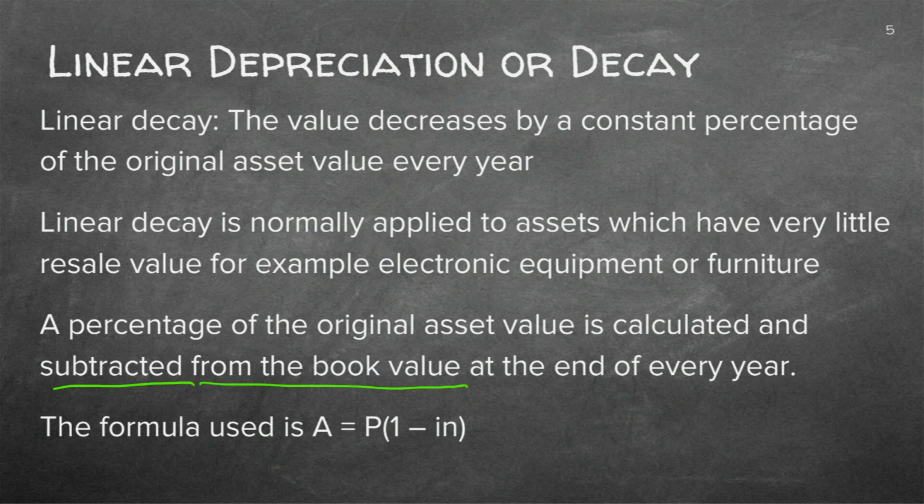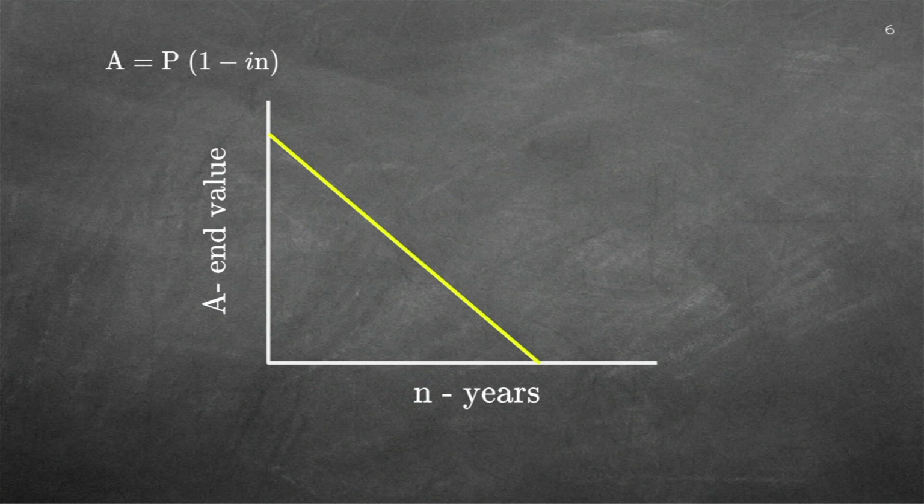Because we've already got a formula for simple interest and for compound interest, in the same way we're going to do depreciation. But remember what it says: depreciation or decay. So it becomes less and less. If you look at this formula here, you'll see there's a minus in there. So it's not 1 plus IN anymore for the simple decay. It's now 1 minus, because I need to subtract every year the value that this car or computer or whatever is losing.